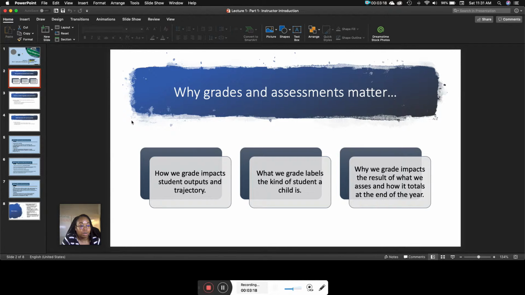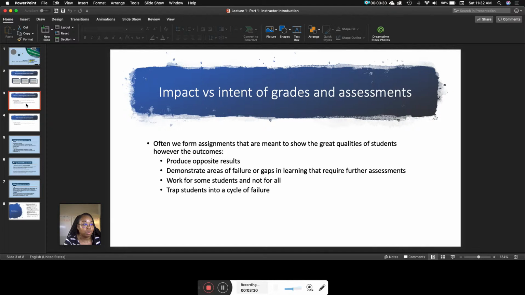So all in all, grading and assessment has a huge impact and outcome on everything that happens in the classroom, and it's important for us to focus in on certain things like impact versus intent of grades and assessments. What I've found is often we form assignments that are meant to show the great qualities of students.